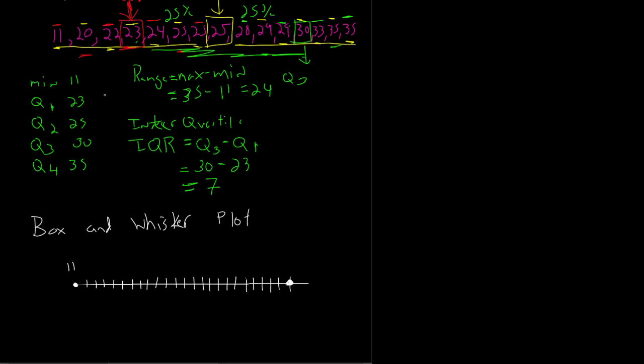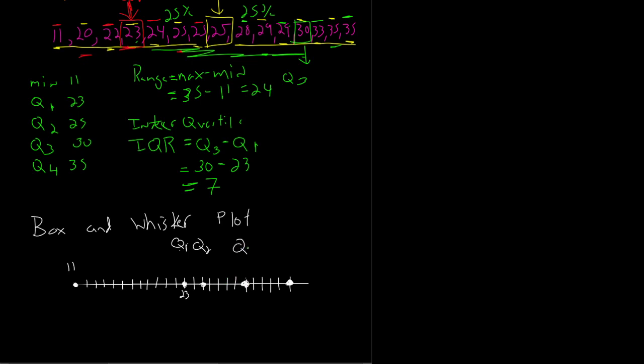And so what I need to find now is I'm going to mark each of these points. So I'll start by marking quartile 1, which is at 23. So there's 11, 12, 13, 14, 15, 16, 17, 18, 19, 20, 21, 22, 23. Yep, 23. And so we'll say quartile 1. The boundary at quartile 1 is there. That's 23. It's 24, 25. Well, there's my median. So quartile 2 is there. There's 30,